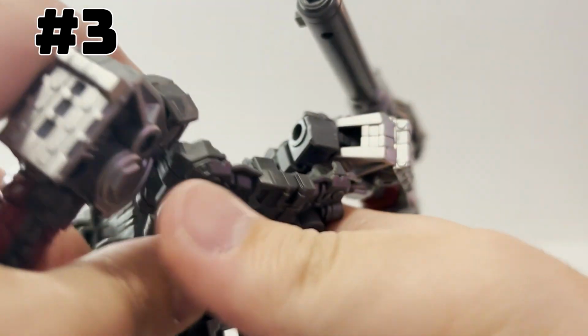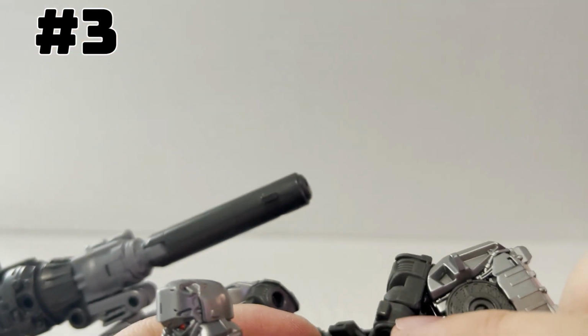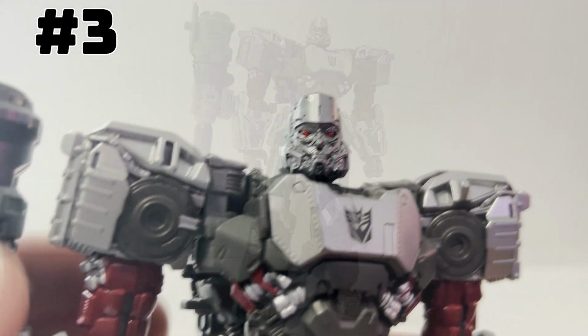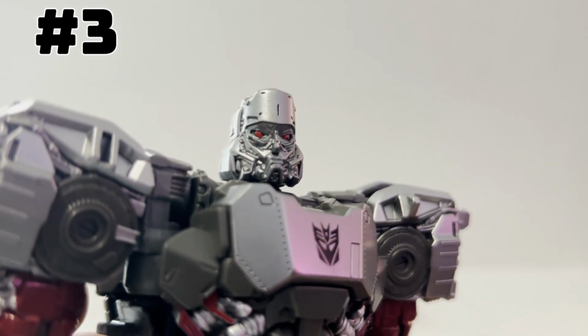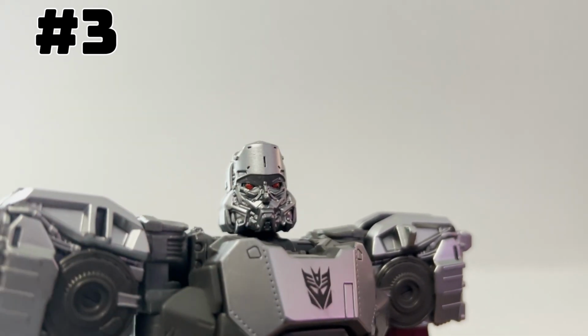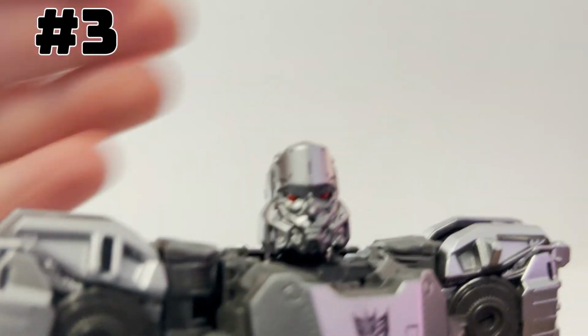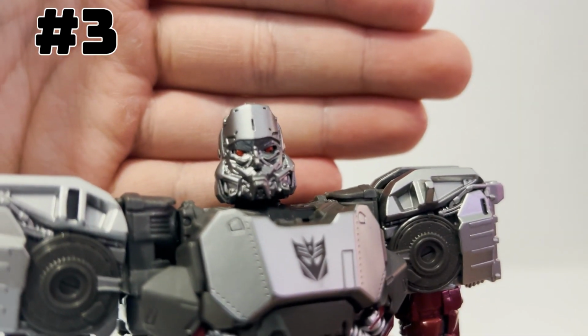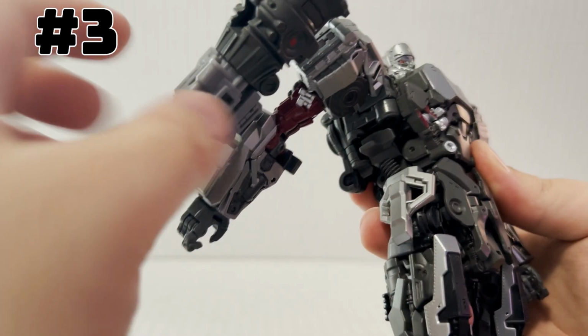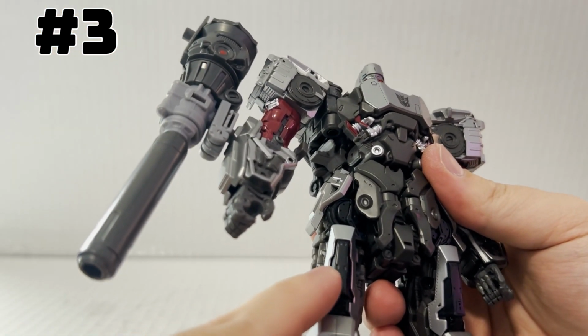It's just that this is such a good representation of what would have been a live-action version of Megatron, and I think the design is absolutely glorious. Like, if you think about it, if they didn't go the direction they did, specifically Michael Bay did with the Bayformer films, this is what I would absolutely think would be a great modern live-action take on a redesign for G1 Megatron. Like, let's get that out of the way. So, talking about the actual figure,